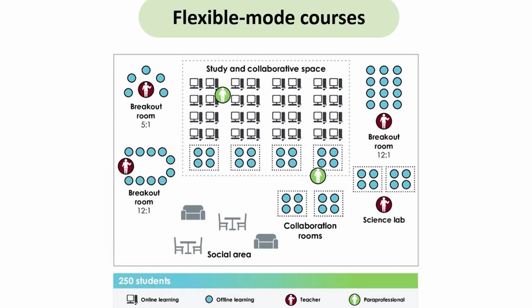For example, in Zoom, you can go for breakout rooms, where in this visual we find that 5:1 student ratio with the instructor or facilitator. It can be 12:1. Then again, for online courses, for online sessions, there can be breakout rooms 12:1,